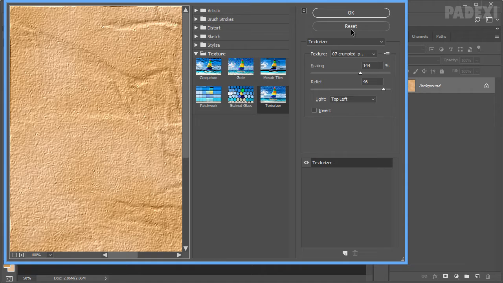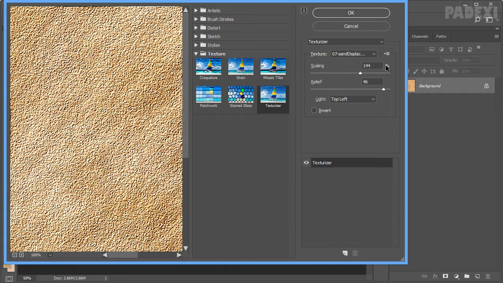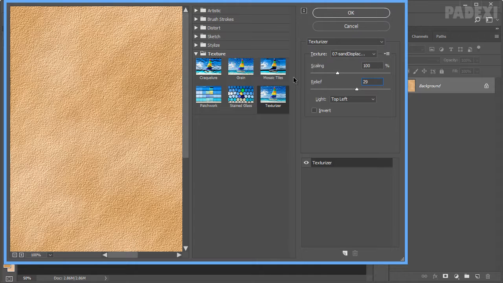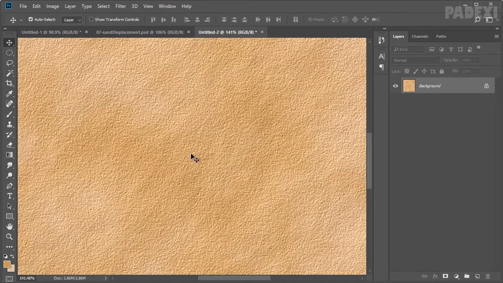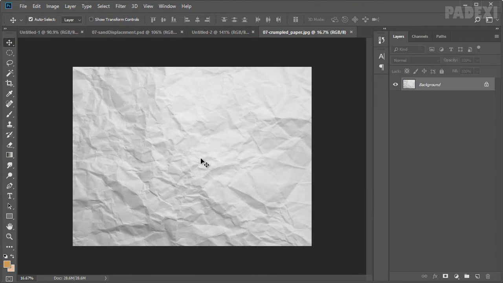So go to filter gallery, texturizer, and from here click on this icon and then choose sand displacement file. For scaling, set it to 100, change relief to 29 and light to top left. Click OK. Now we have some basic sand texture here, but now we need to add some variation to this texture. For that we have another image. So go ahead and open crumpled paper.jpg and then apply high pass filter to it.